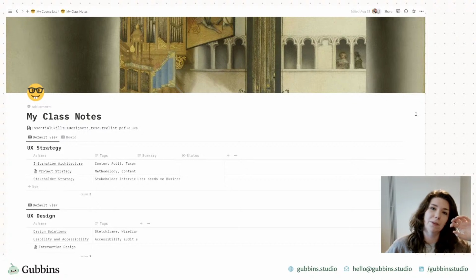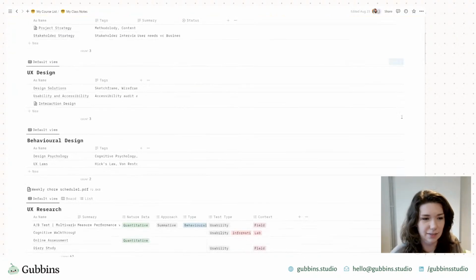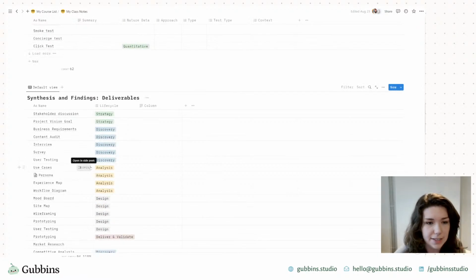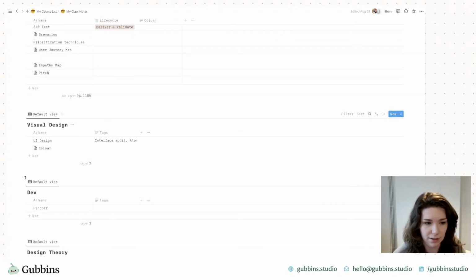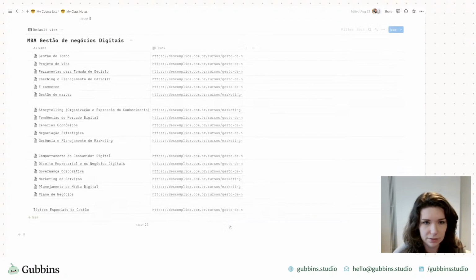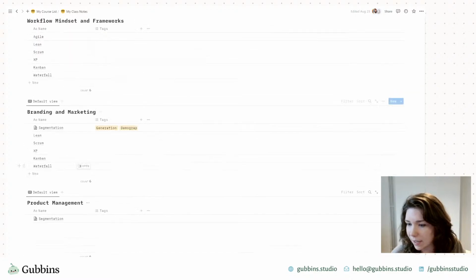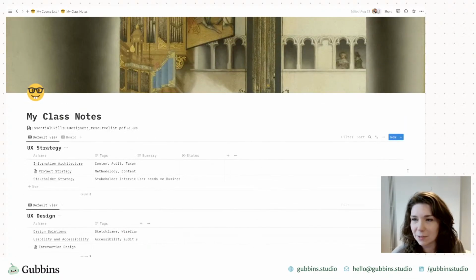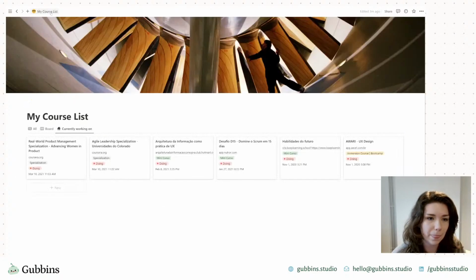You've got research right the way down to component design, UI, and all that kind of thing. So everything in the middle there is covered here. You can see that Thais has already organized her notes by those categories. And I'll tidy that in a second because this is quite a big, scary one for me. So I'll leave that for a second.